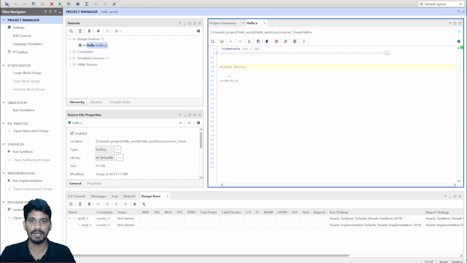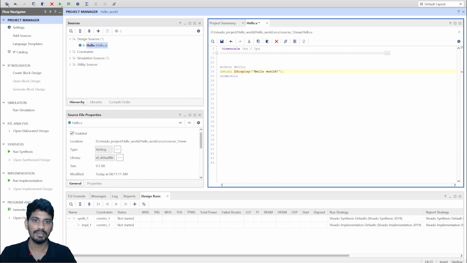The Verilog HDL starts with module and ends with endmodule, we have already learned. In this particular case, I don't have any ports. So I'm removing this port definition and I'm directly keeping hello. My task is to display hello world, right? So what I need to do is write initial, then I'll use a display function, $display. I want to display hello world,